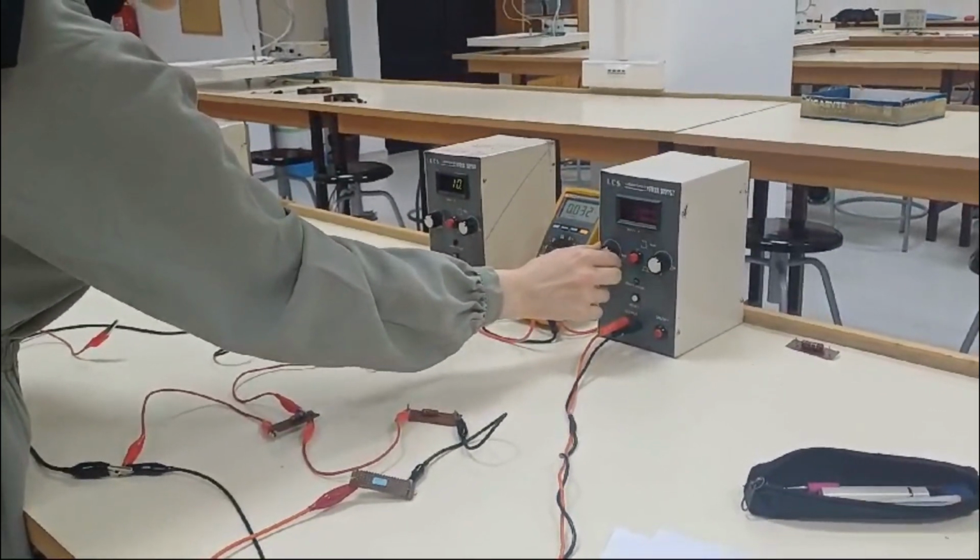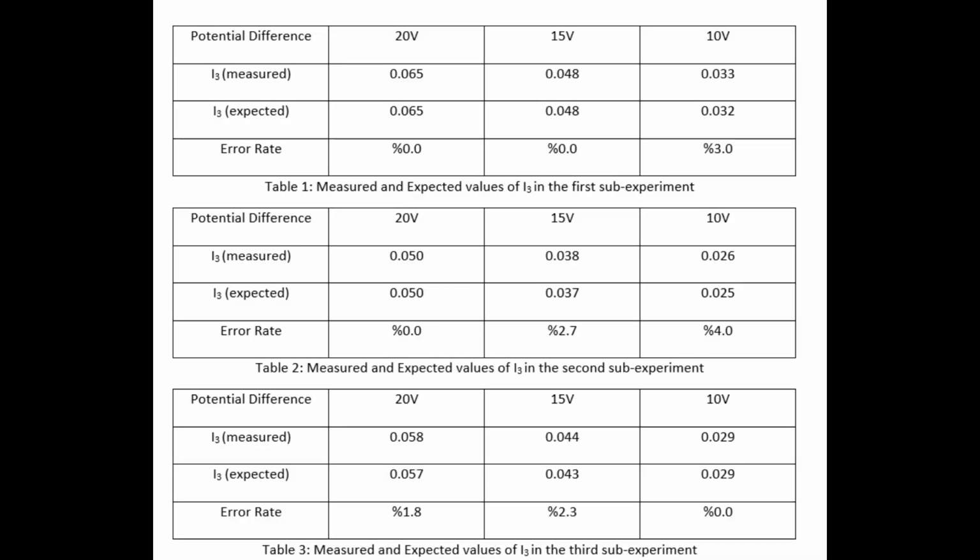My results came out pretty good. My biggest error rate was 4%, and the biggest cause of these errors was the significant figure count of the